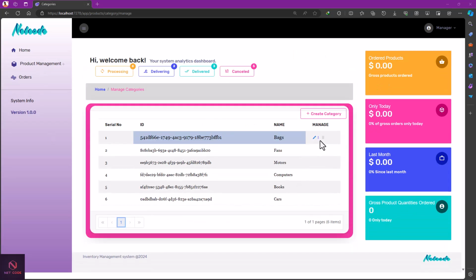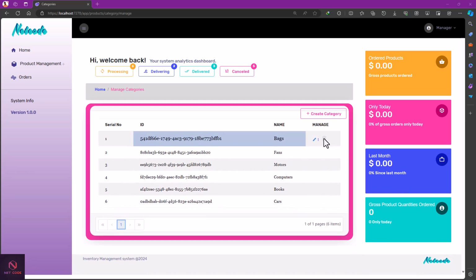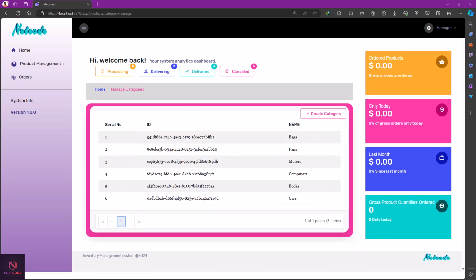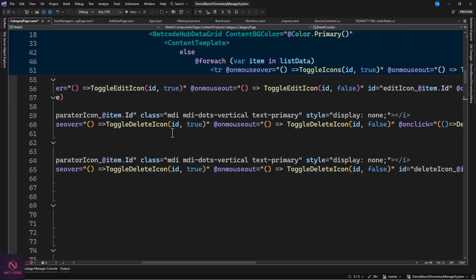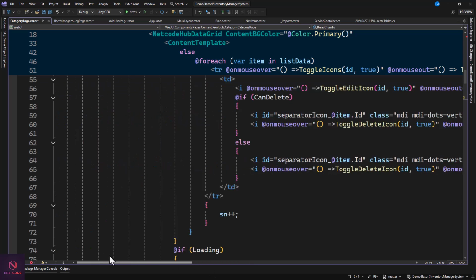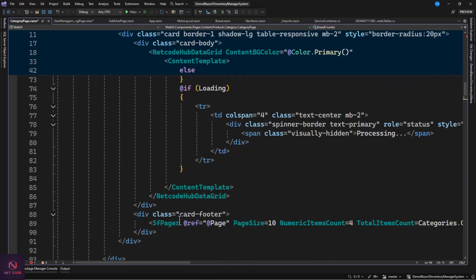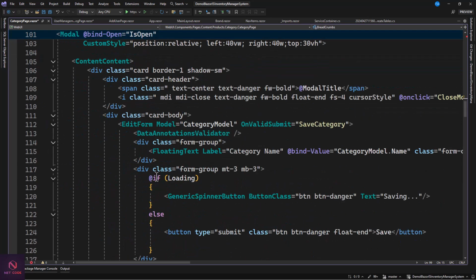You can see from here, this is blur, right? So this is not clickable. Yes. And that's the reason why we're doing that. So we're checking if can delete is false, then you want to display this instead of the original one. Yes. So this method that we're doing here, or this component, we're going to create a duplicate of this, and